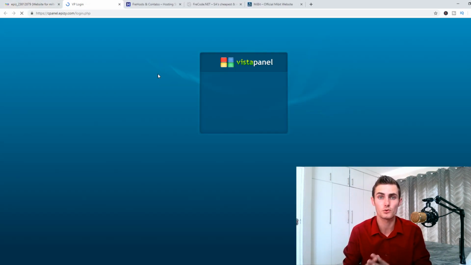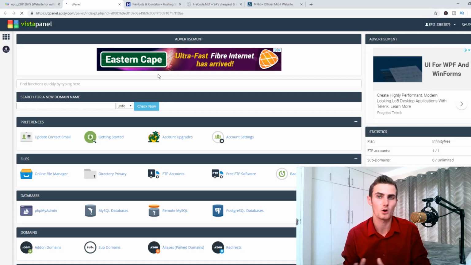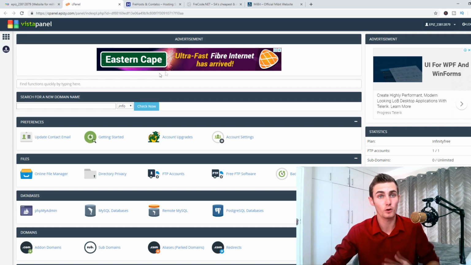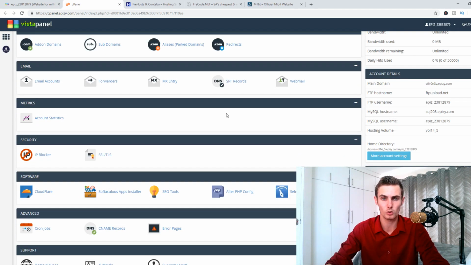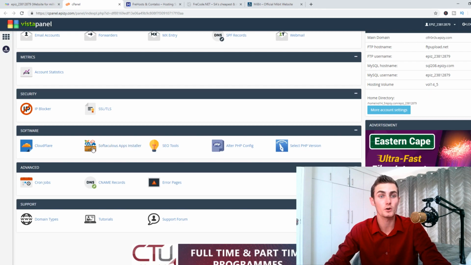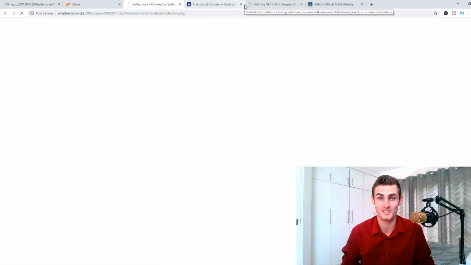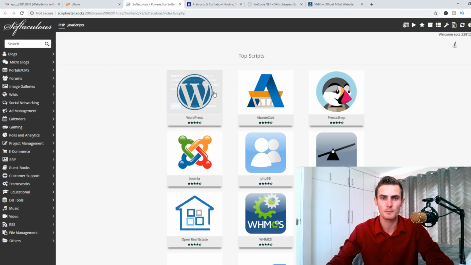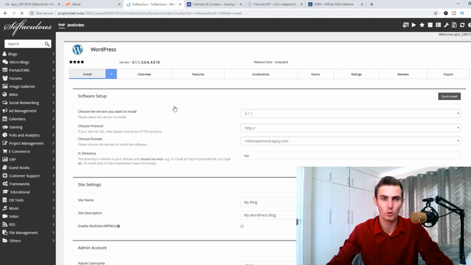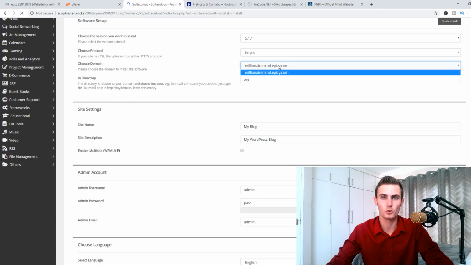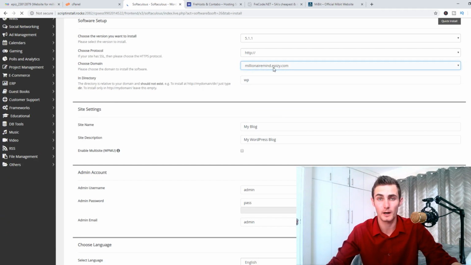Then it will take you to the traditional cPanel hosting backend of the cloud hosting service that you've got with these guys. If you scroll down to the bottom, you want to go to the Softaculous app installer, where you will essentially install WordPress. It should be at the top left. You'll see top scripts, WordPress. Click on install. You just want to select your domain, whatever one you've created. So in my case,